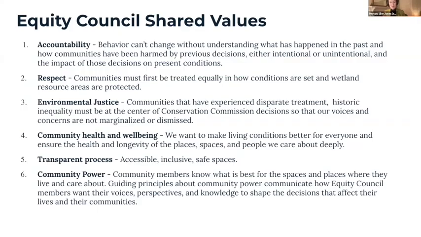And the final one is community power, recognizing that there are ways that process can shift and evolve over time to give folks the opportunity to step into the power that they already have. So if a process is not accessible to someone, then there's no way that they can have power and agency over that process. So wanting to have all of this lead towards the opportunity for everyone to have power and say in this case, the Conservation Commission's important work.